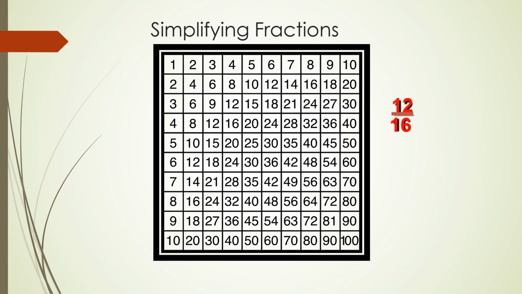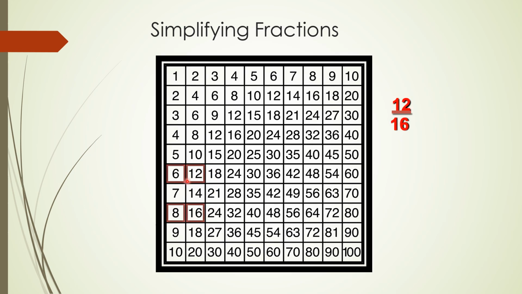Let's simplify the fraction 12 by 16 now. Use a color pencil and check where 12 is, and you can circle 12. And 16, where is the denominator, you check the denominator also. So 12 by 16, you can color that one. And the next step is, towards the left hand side corner of 12, the number is 6 as numerator. And towards 16, the left hand side corner of the grid is 8. Therefore, when we simplify 12 by 16, we get the answer 6 by 8.